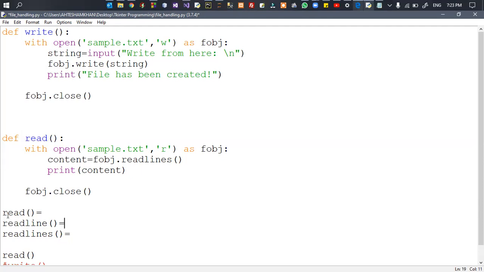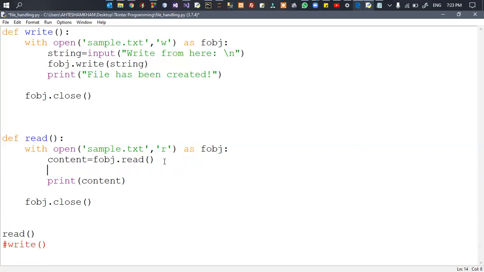This method will read the content line by line, and this method will read the content character by character. Suppose I want to calculate the characters from the file, so how many characters are there in the file, right? So I will use the read method. How? If you want to calculate the characters in the file, just call the read method, and now after this,